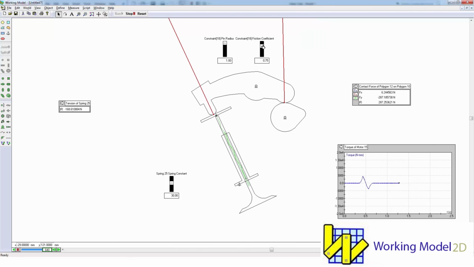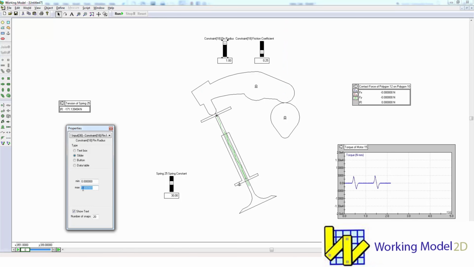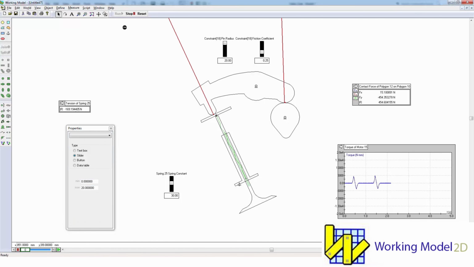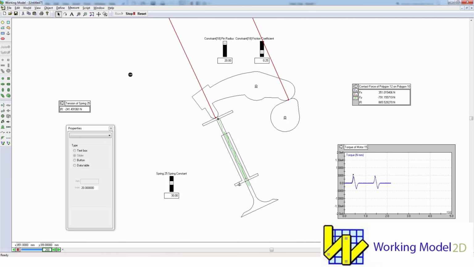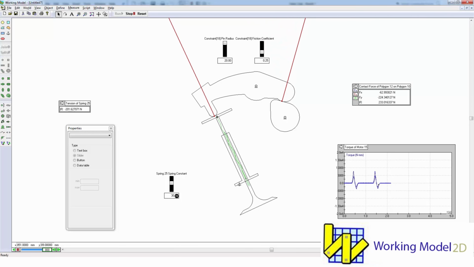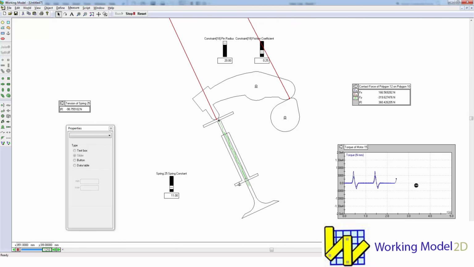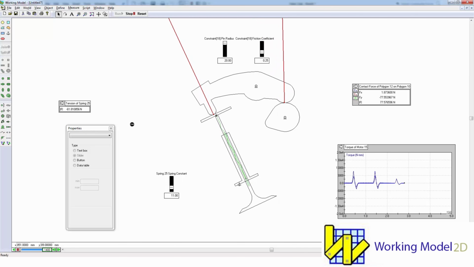Okay, so now we can change these values in real time, and we can't see much of a difference on there, and I'm guessing because our pin radius is not large enough. Let's change it to something like 20 millimeters. Okay, and now if we go ahead and run this, we can see quite a bit of a difference now. Okay, so being able to overlay these curves and compare the results is very helpful. Maybe we change this spring tension right here, and we can see what that does to the results.